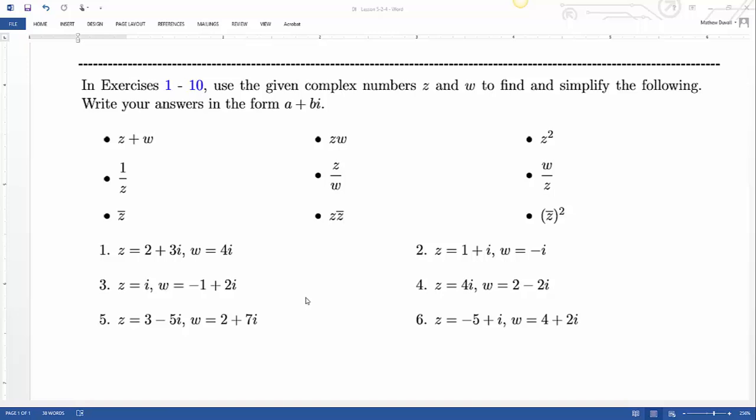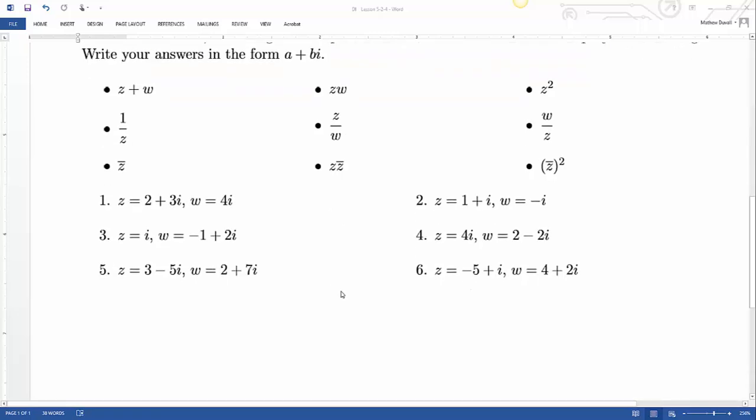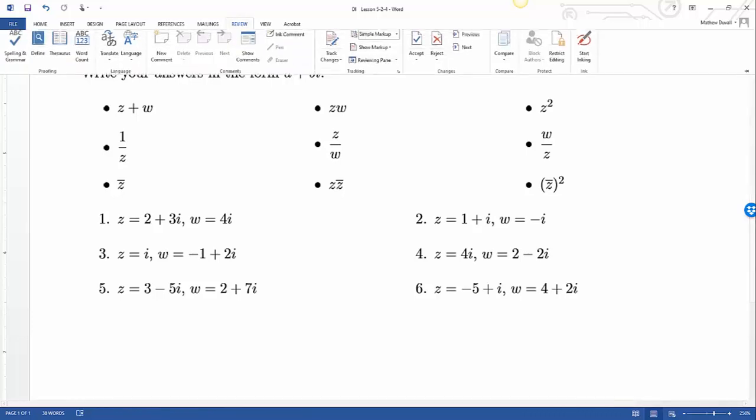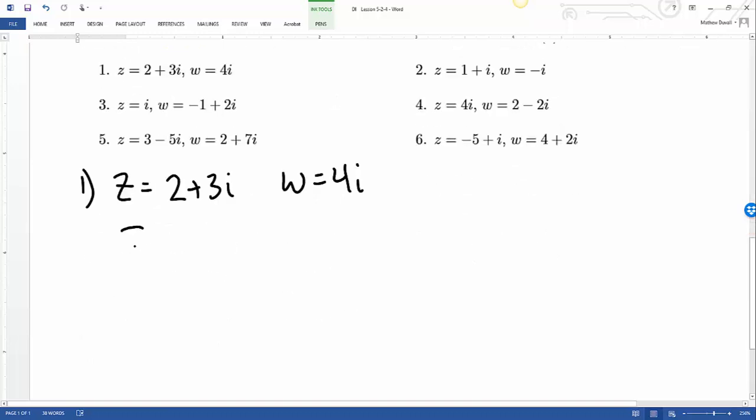All right, so use the given complex numbers z and w to find and simplify the following. So for number 1, if I have z equals 2 plus 3i and w equals 4i. Okay, so the first one, z plus w, well, that's literally just z,